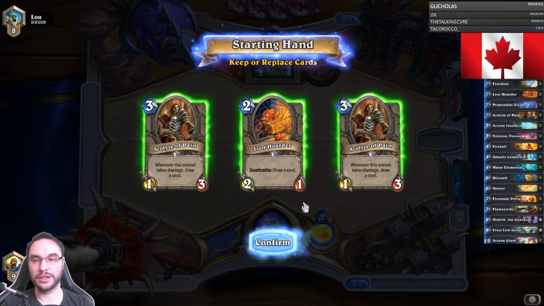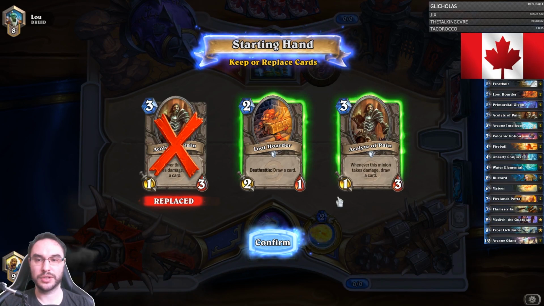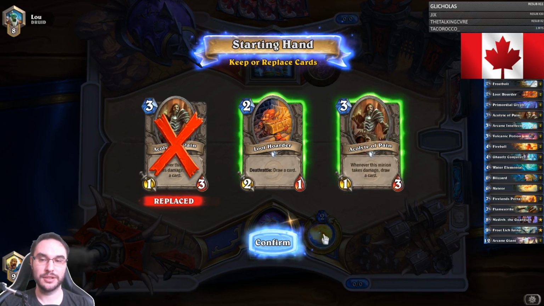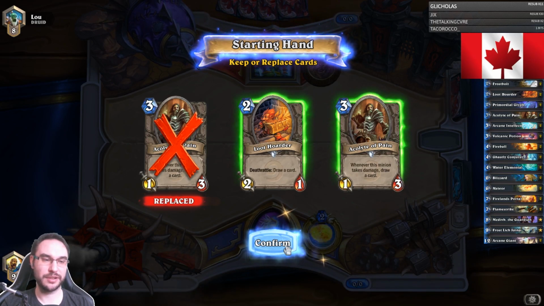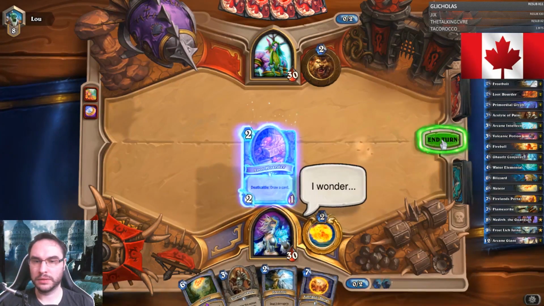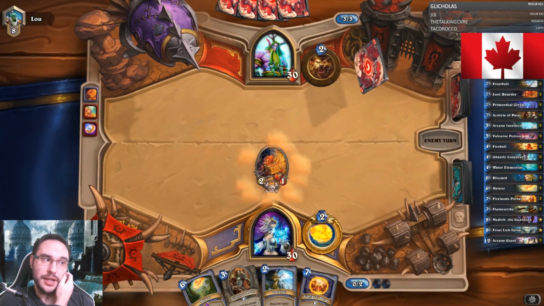Our other assorted mage answers that we come across are good, right? Like when we draw into a Meteor, we're normally not too unhappy about that. This is a greedy keep. If it's an aggro Druid, it's kind of rough, but I'm going to keep it. Well, he's not an aggro Druid, so...